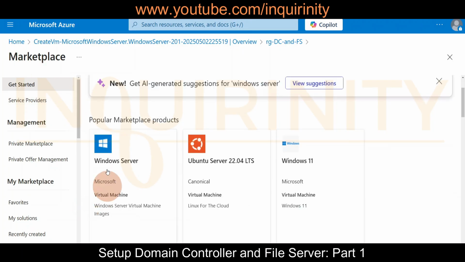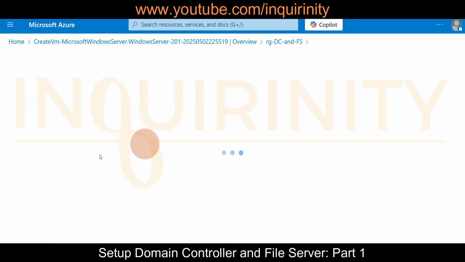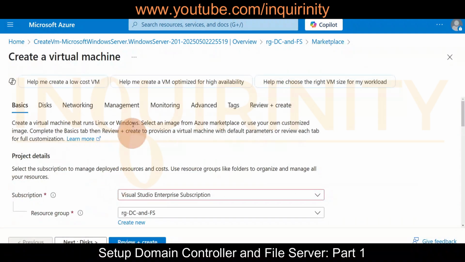So you could also search for the Windows Server. Instead of that virtual machine, it's still from Microsoft. So Windows Server. If you select this one and create, you have some options here that already are Windows virtual machines. For the purposes of speeding up this tutorial, we go to create a virtual machine, and